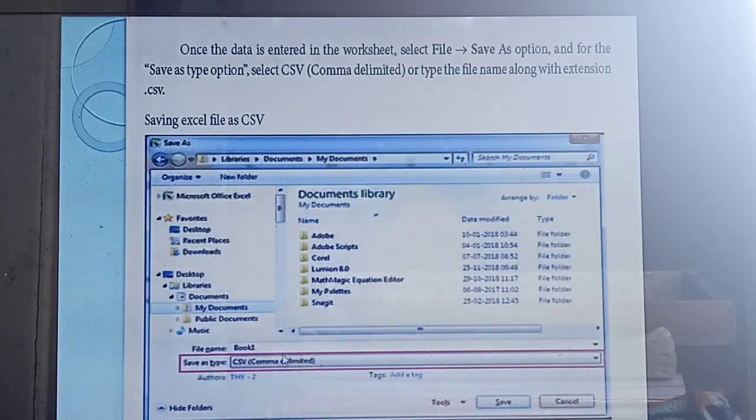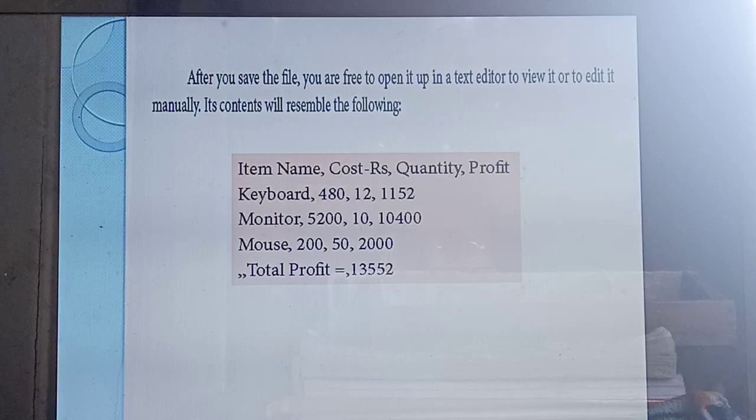Understood? In the place of file name, you should give the file name. In Save as type, you should choose CSV. Then you should click the Save button. Then automatically your file is saved with the extension .csv. This is the format in which you open and save the file. Understood? Okay. Next,